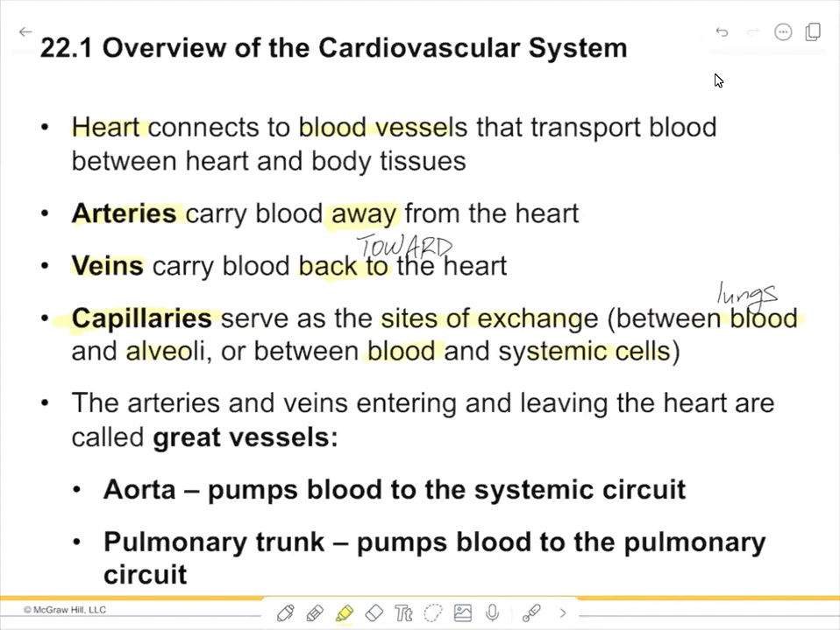Those specific ones are very large blood vessels, and they are called the great vessels. And they're located just superior to the heart in a cavity called the mediastinum. The great vessels, the names for them are the aorta. The aorta is going to pump blood to the systemic circuit, and it receives blood that comes out of the left ventricle,